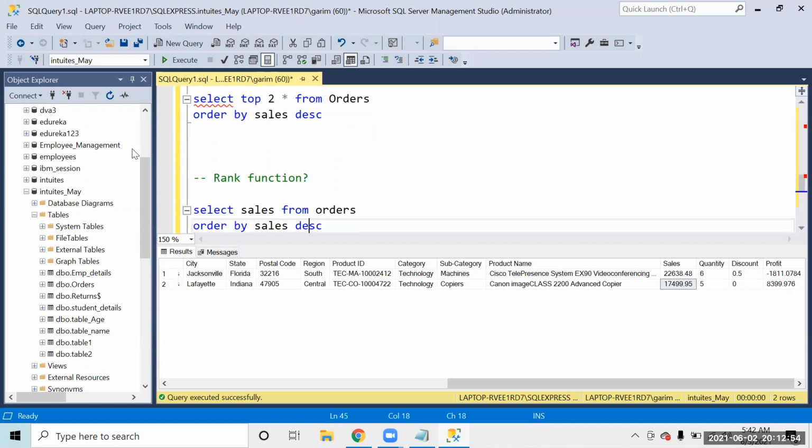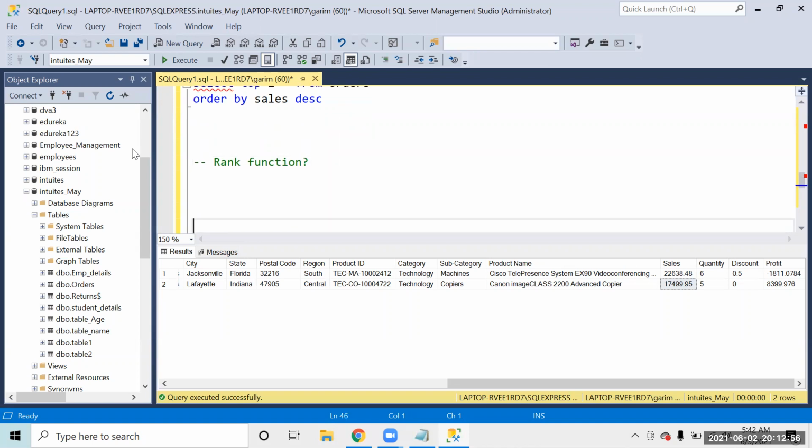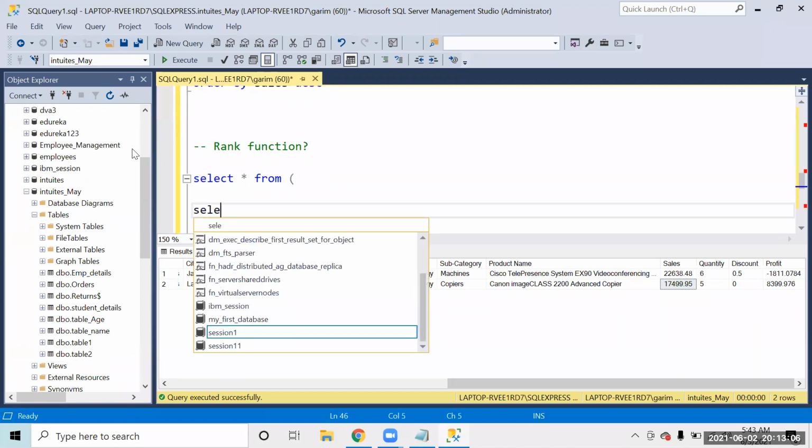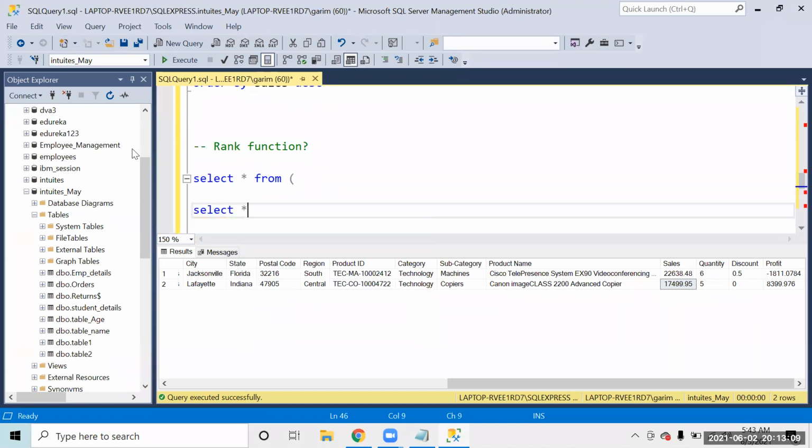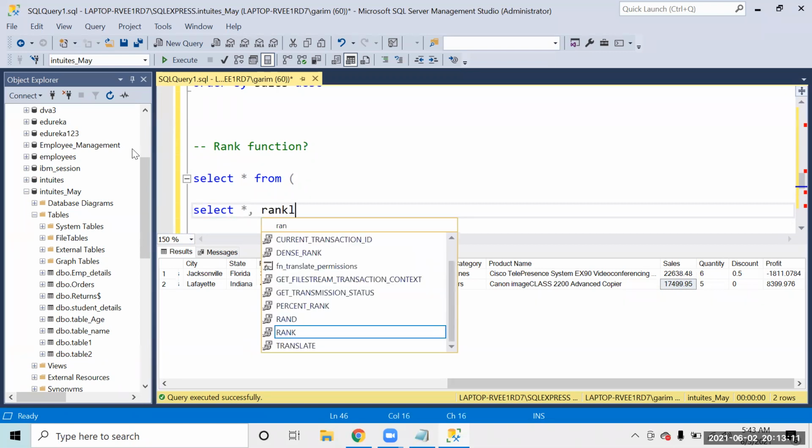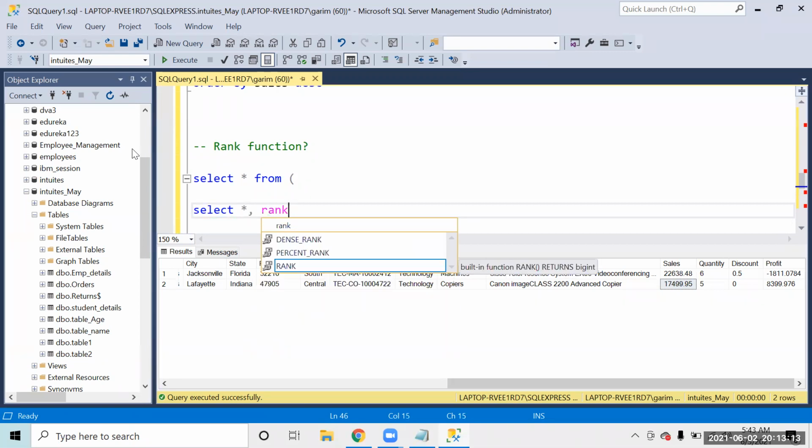So if I say select star from, so in this I say select star comma rank.